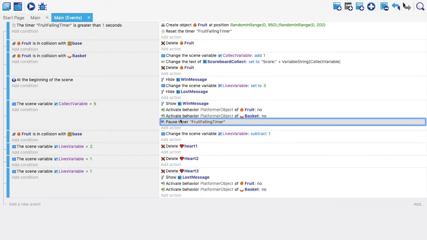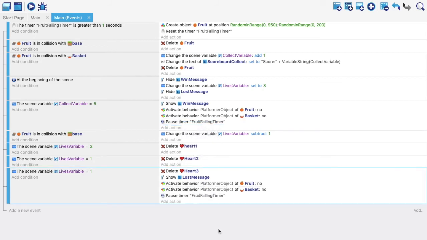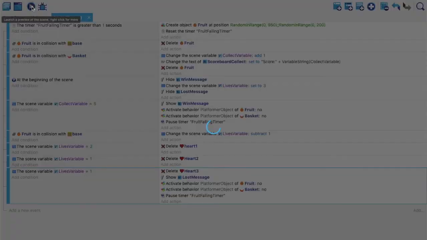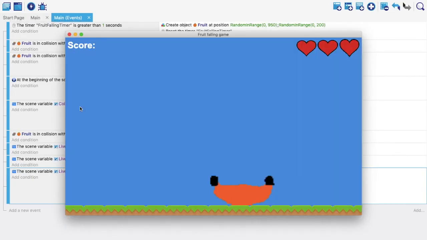So guys, don't get confused by these codes. I have already explained them in depth in my previous tutorial, which is the part 3.1. So please watch it, and then you will understand why I have copy pasted this here. Now let's see how this works. So my goal is, if I collect 5 oranges,